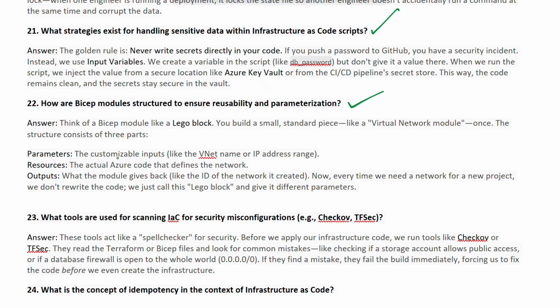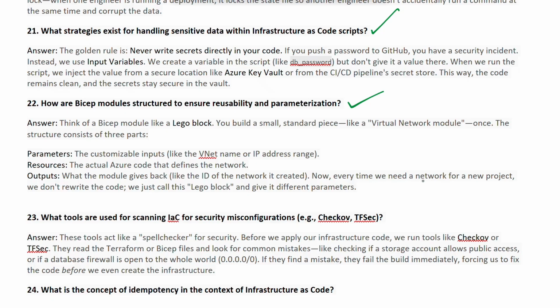The parameters are customizable inputs, like VNet name as well as IP address ranges. And the resources have the actual Azure code that defines the network. And the outputs are what exactly the module gives back, like the ID of the network which is created.